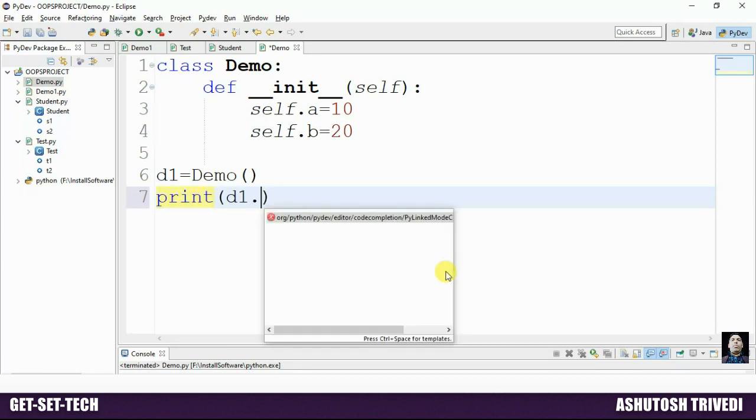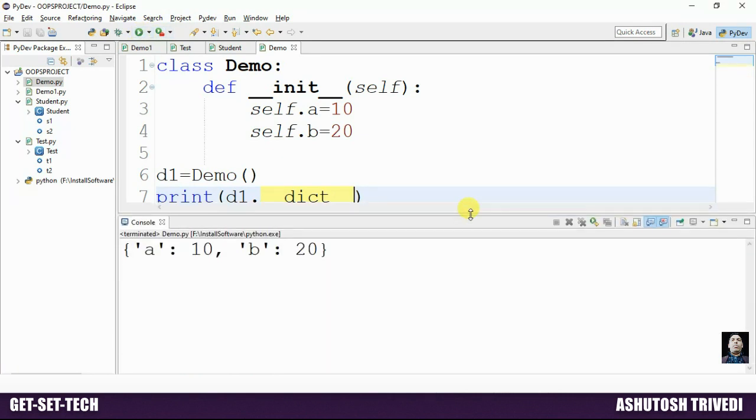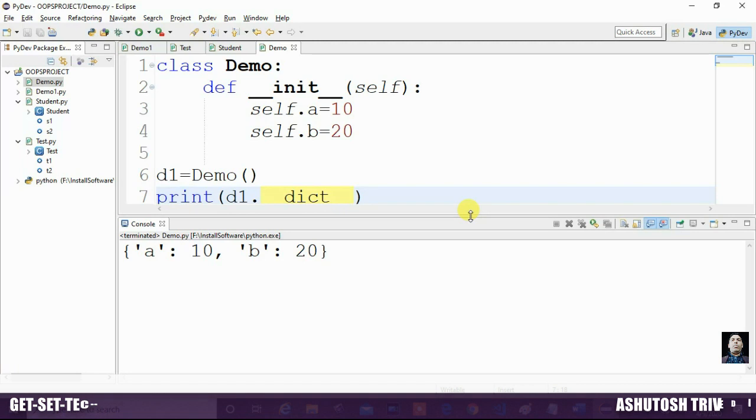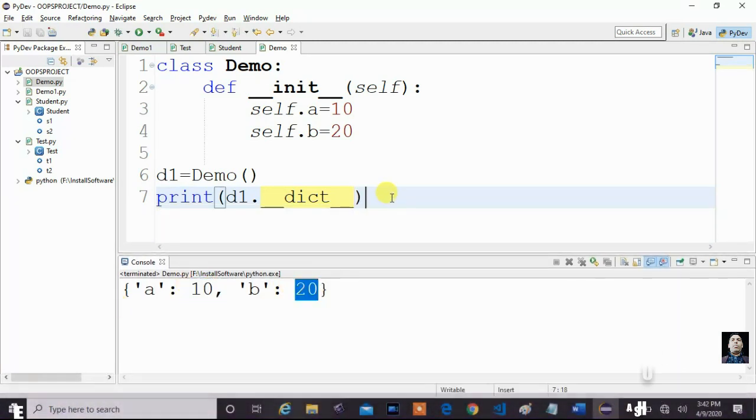Once you create the object of a class, two instance variables will be added to this object. Now print the d1 details, d1.__dict__. Now save this application, run it and check the output.